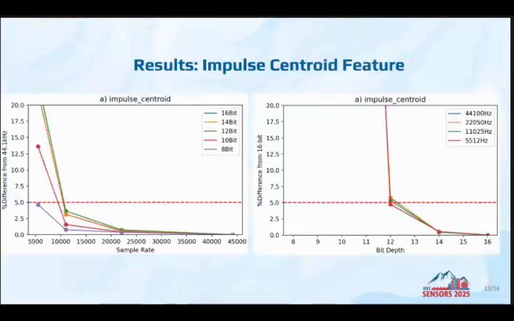So the results for the impulse centroid, which is detecting the exact impulses: we got a sampling rate down to about 11 kilohertz was sufficient to meet that 5% median difference. And the same for bit depth, down to about 12. Right here on this line,